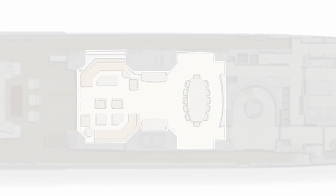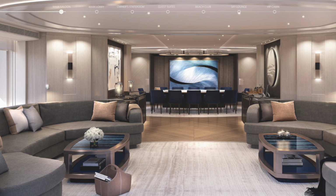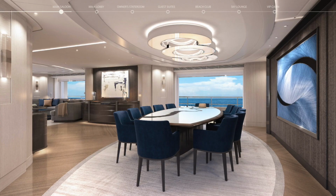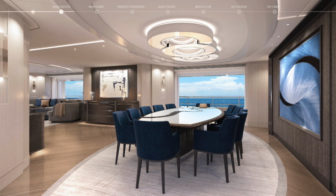The main saloon is always an important part of the boat because very often this is the first place where guests arrive. This is their first glimpse into the interior. And we really wanted to keep the background fairly simple, embellished with wonderful pieces of artwork, with pieces of furniture. A real